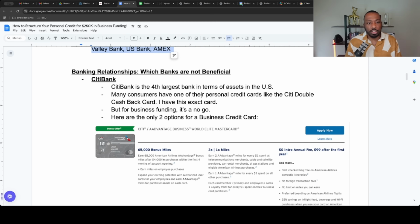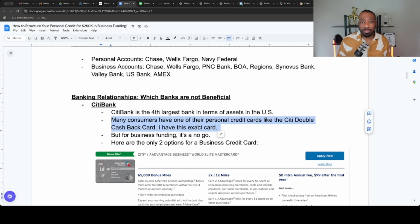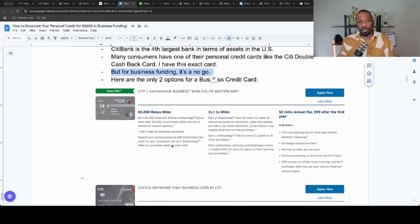Either way, let's talk about some banks I think you should not go to though. These are the banks that I can say for all of you guys, it's probably not going to be the best move. One bank would be Citibank. Although it is the fourth largest bank in terms of assets in the U.S., and they do have some nice solid personal credit cards, like the Citi Double Cash card, I do have that card. But for business funding, I would say it's a no go because,